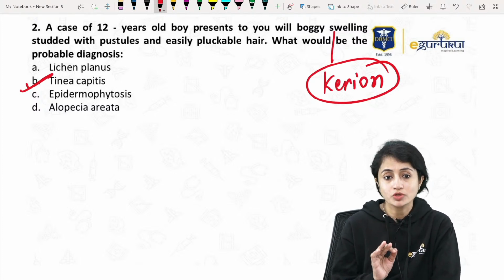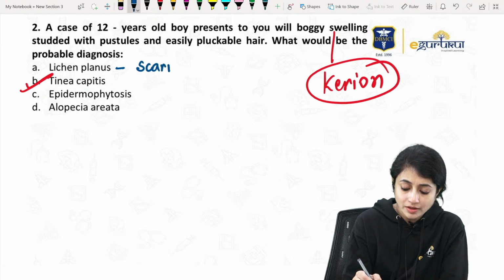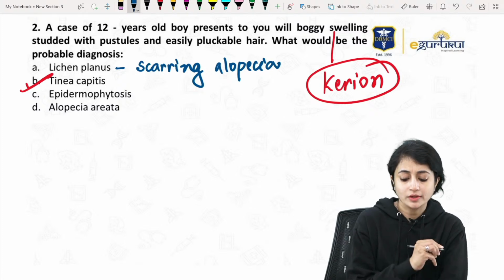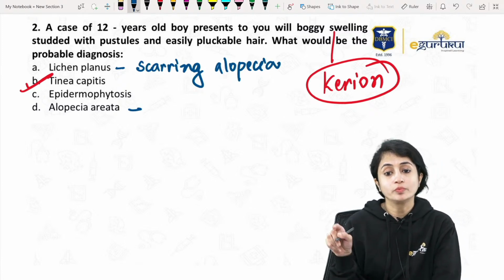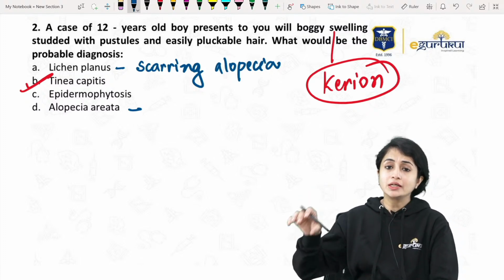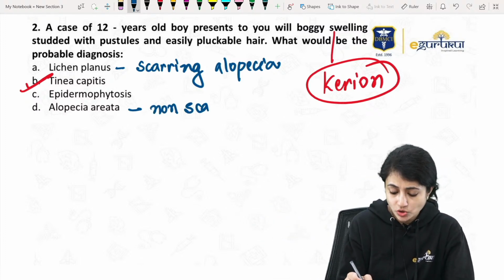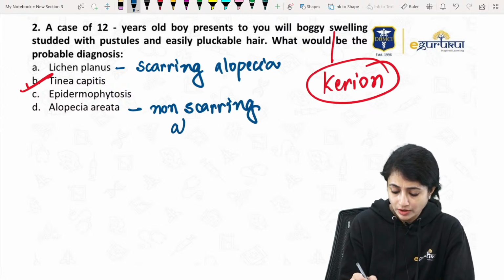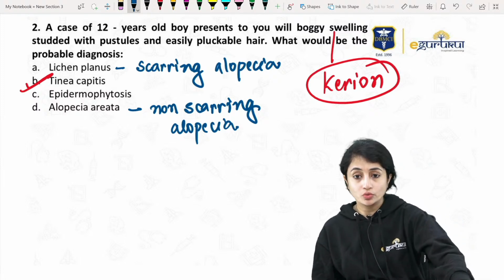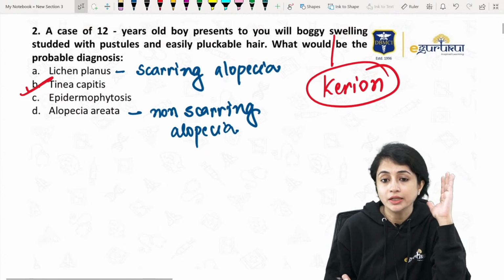Let's look at the other options. Lichen planus would usually present with a scarring alopecia. It does not present with this boggy swelling. Alopecia areata, we would be discussing in subsequent questions, presents with well-defined, well-demarcated lesions of non-scarring alopecia. I will show you pictures of alopecia areata. What is epidermophytosis? To get that clear to you, I will first tell you that tinea capitis is